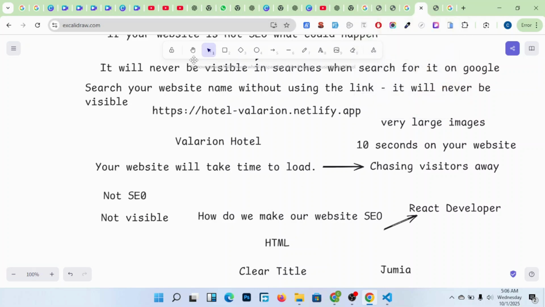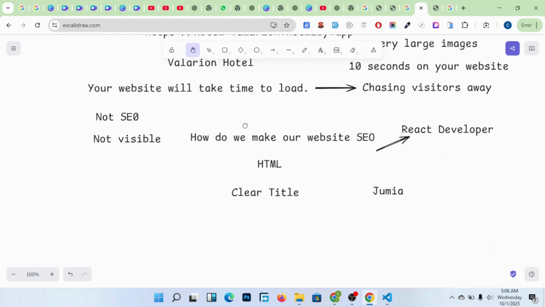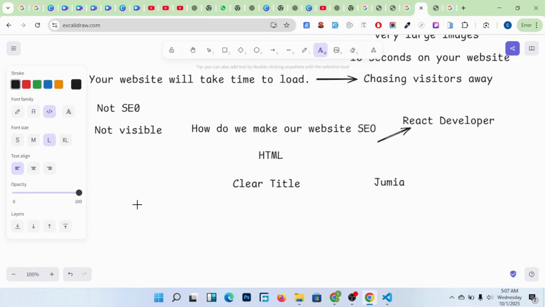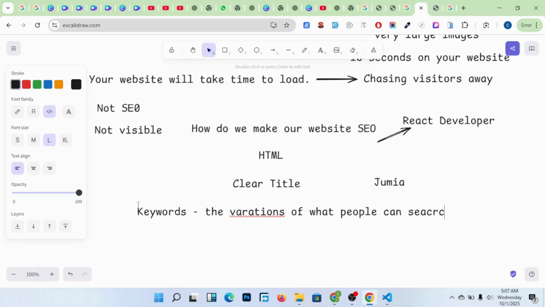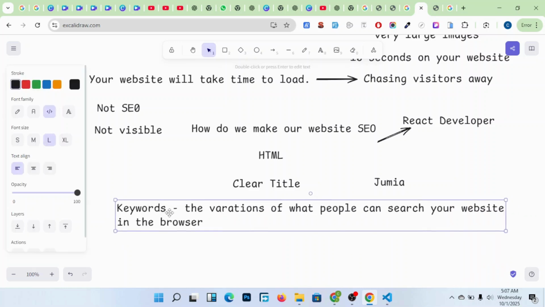Keywords are the variations of what people can search for your website in the browser.